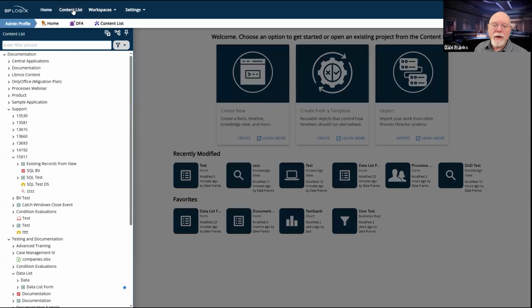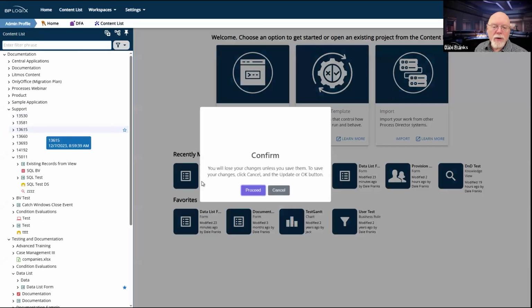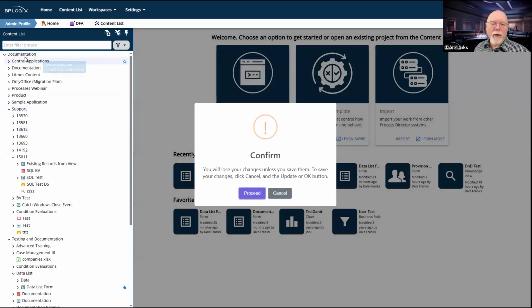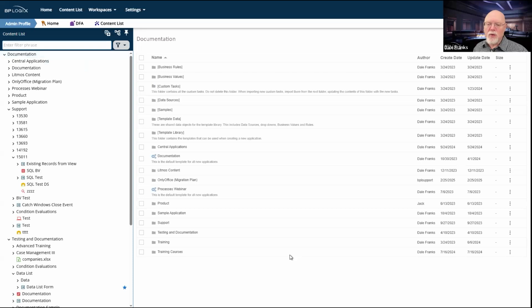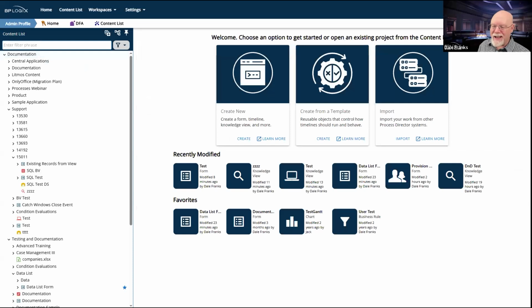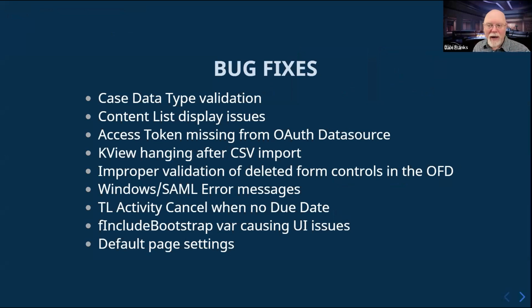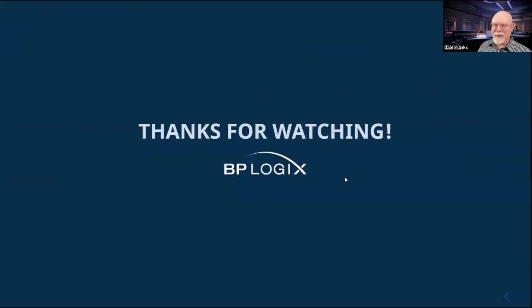However, you can select to see the content list whenever you first log on. So I should probably actually see that. And so this is what some people see when they log on. Now, this is a choice that you make. Do I want to see this when I log on, or do I want to see this when I log on? It's your choice, or at least it's supposed to be, but it wasn't saving your default page settings. And because of that, people weren't seeing what it was they told Process Director they wanted to see. They are now seeing what they're supposed to see.